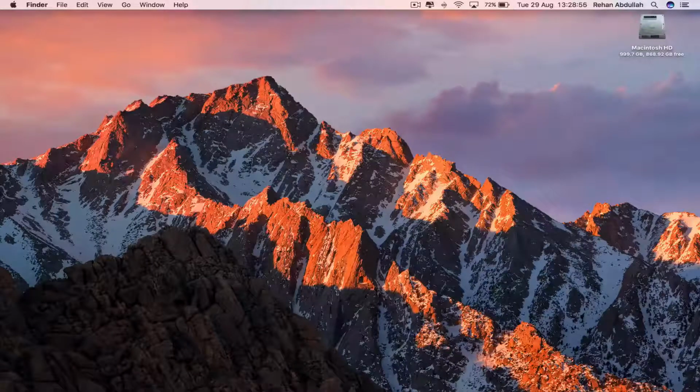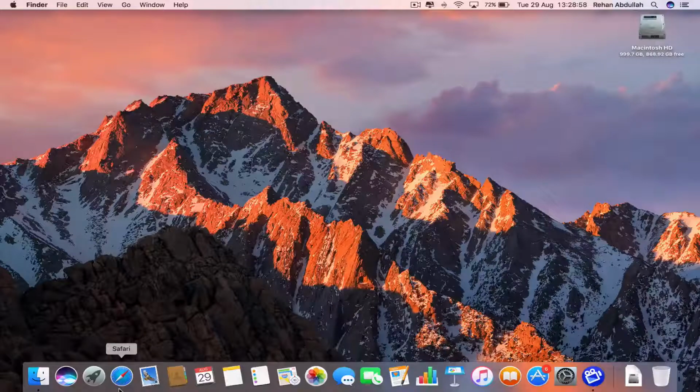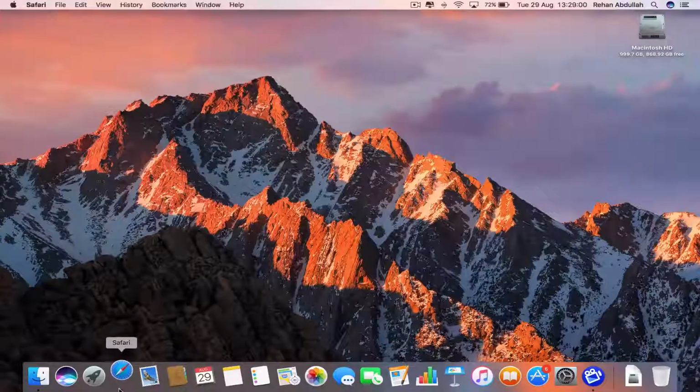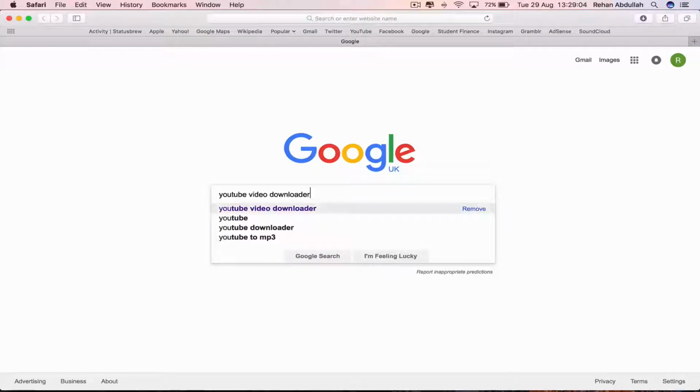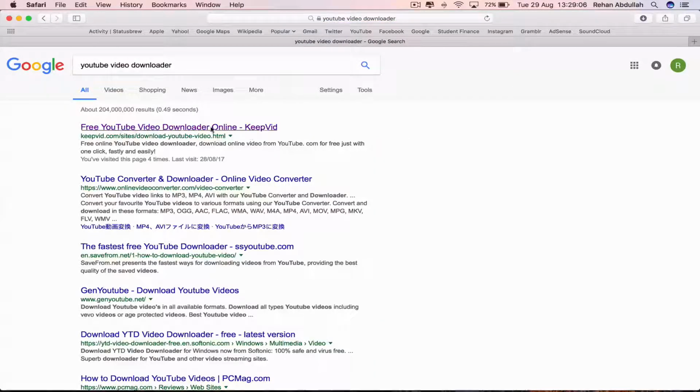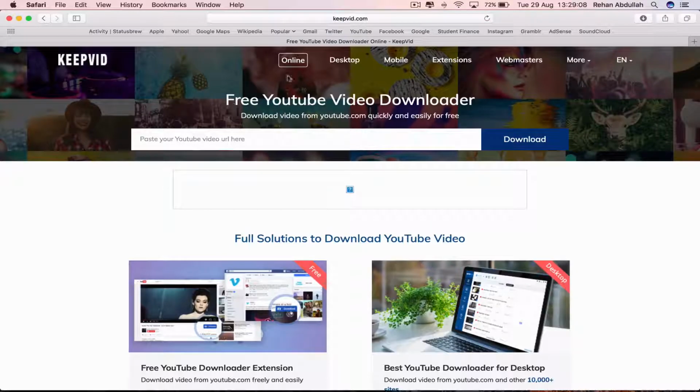So the first thing you have to do is go to your dock, go to your web browser, which in this case is Safari. Click on this and now type into Google YouTube video downloader, and now go to the first link, which is called keepvid.com, and now we can go to YouTube